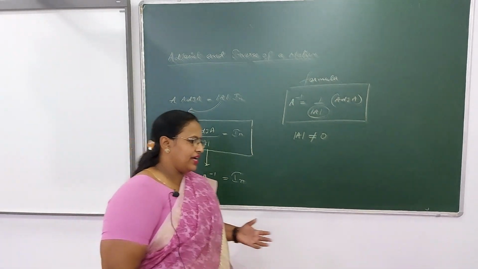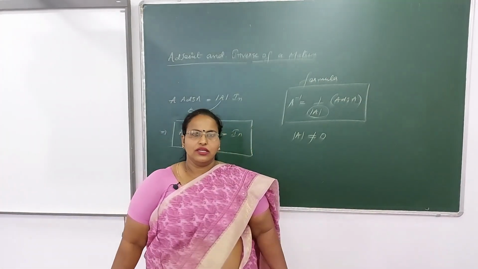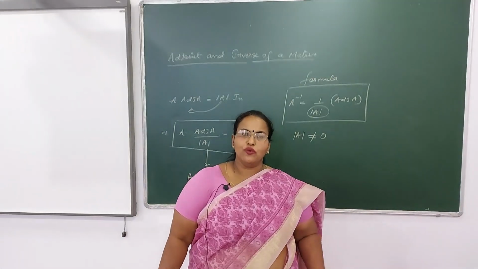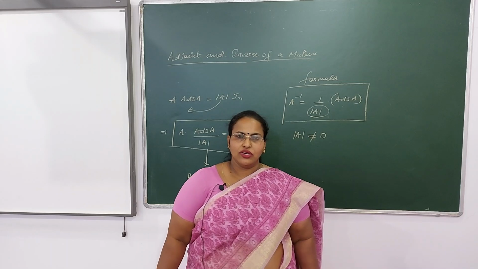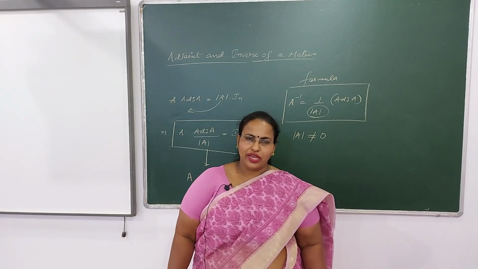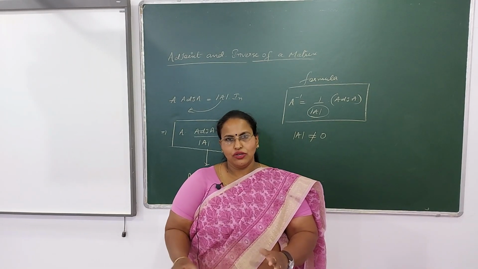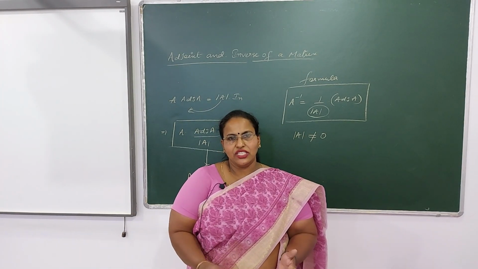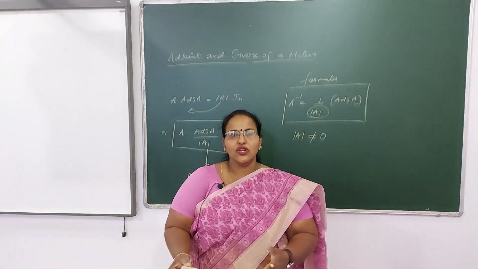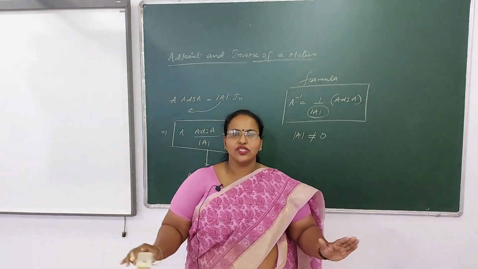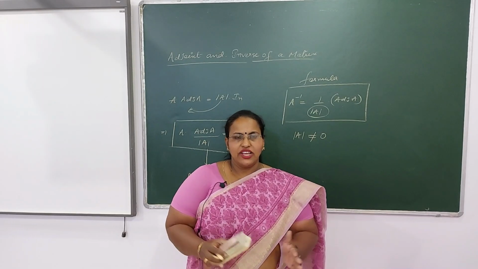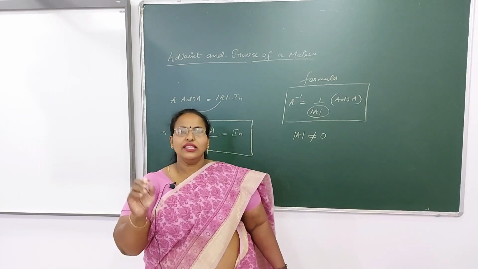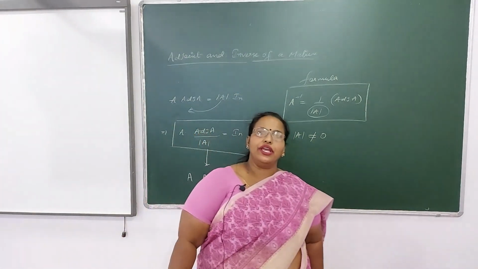Now if the question comes, find the inverse of the given matrix, two things you need to do. First of all, you will find the determinant of A to check whether A inverse exists or not. If it is equal to 0, then you will close there itself by writing that since determinant of A is equal to 0, A is a singular matrix. In this condition, A inverse does not exist. But if determinant of A is not equal to 0, then A inverse exists, and then you will start the procedure for finding A inverse.